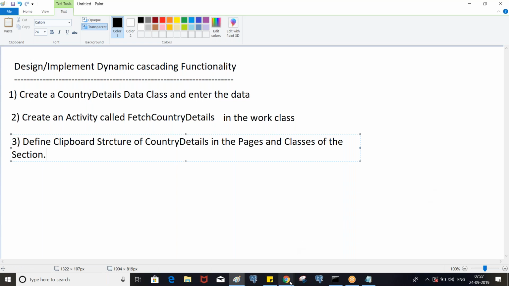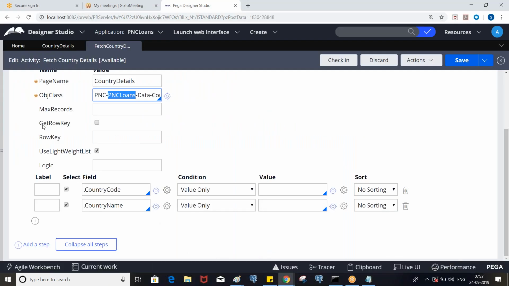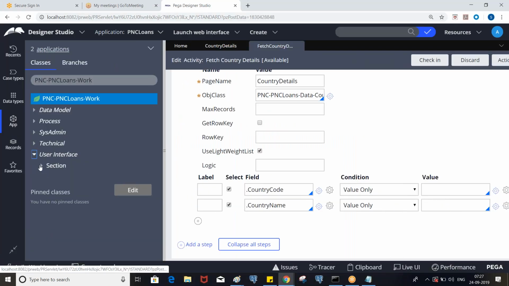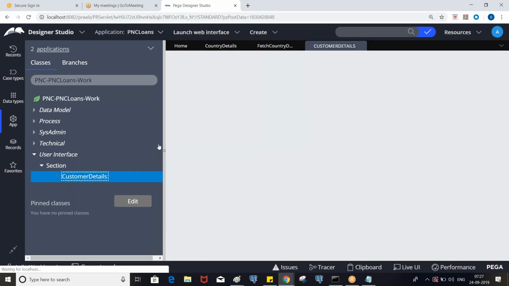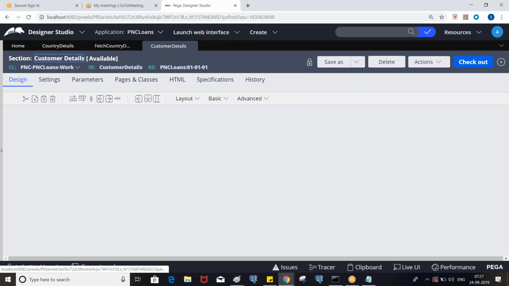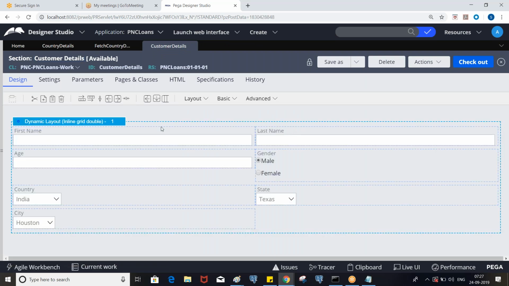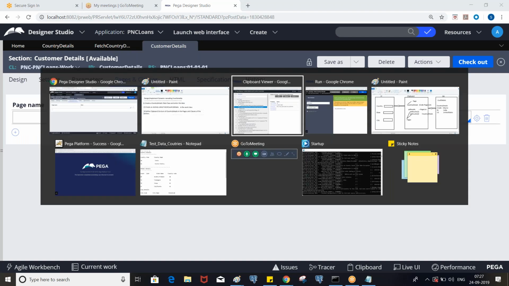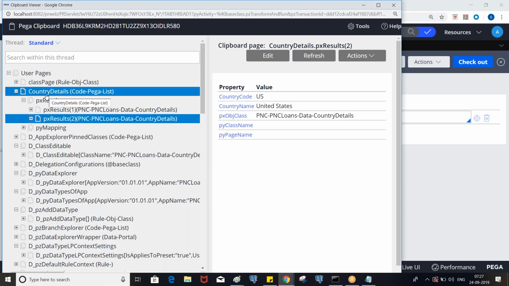Now go to the section where we have the country property. In the user interface, go to the customer details, so we can reference the data through pages and classes. Here we need to define the same clipboard structure. Country details is a top level page.